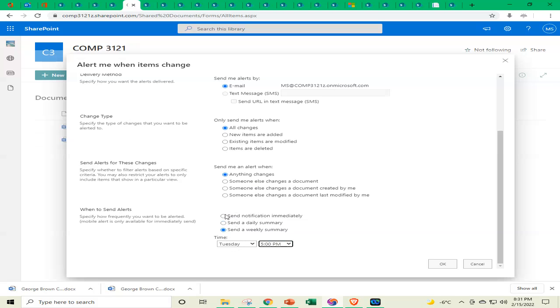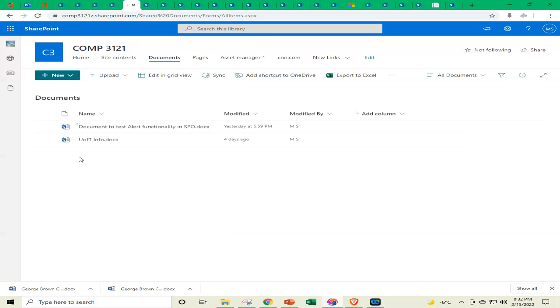Or we just click on send notification immediately, so we can test it. Right now we have just created the alert, but we have to trigger the alert. Then we change anything here, or we upload, or we create another document, and then the email will come, and also the alert notice will come into the settings page where we were